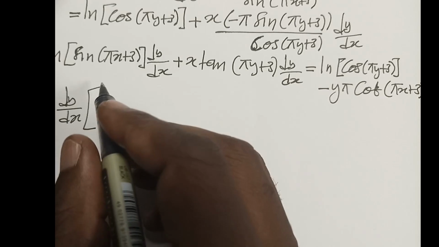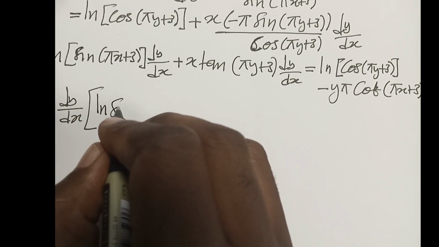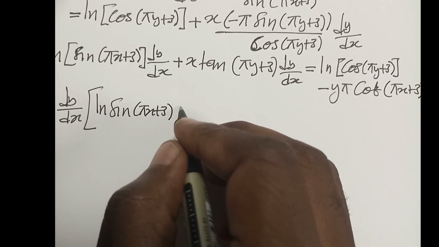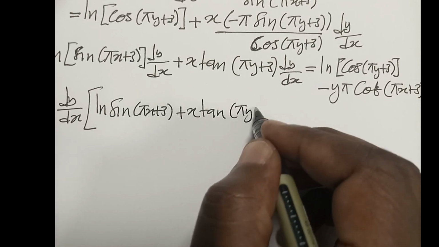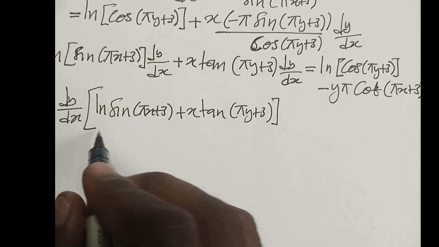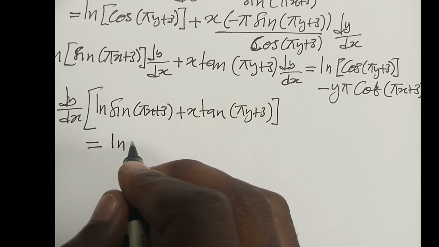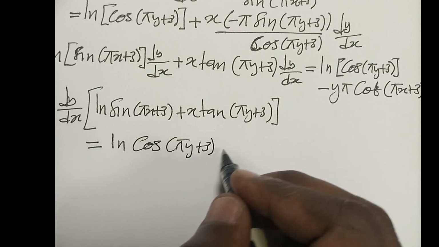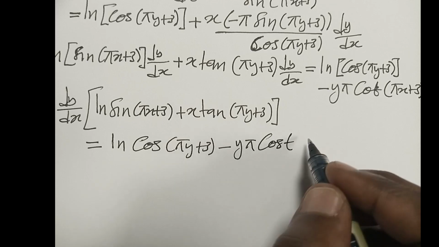Then we have natural log of sine pi x plus 3 plus x tan pi y plus 3. Okay, then everything here is equal to natural log of cos pi y plus 3 minus y pi cot